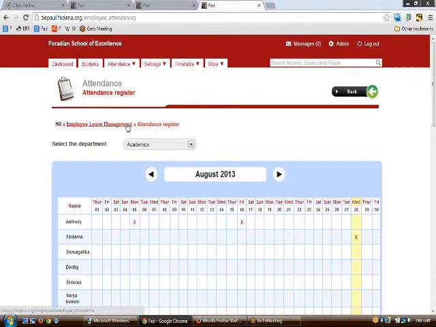Again, the teachers can also apply for a leave, and this leave has to be sanctioned or approved by the particular reporting manager that was created at the time of admission of the particular employee in the institution. So having the reporting manager approve the leave, now the attendance will be automatically marked, and casual leaves will be deducted, or the particular leave type that was preferred would be deducted.